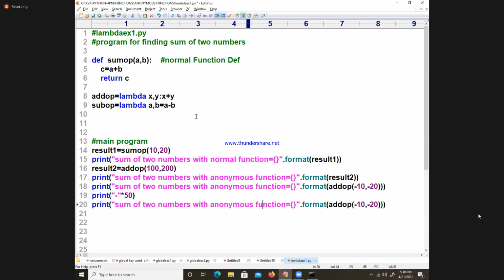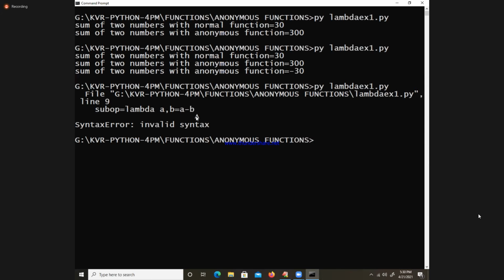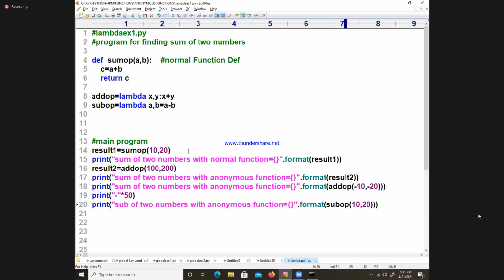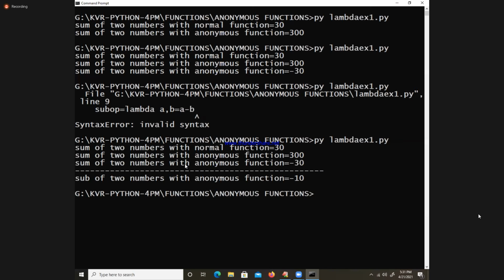Sub of two numbers directly with anonymous functions. What am I writing? sub OP of 10 comma 20. I want the 10 comma 20 sub operation. Automatically the result will come. What happens? Invalid syntax. Okay, it is equal to, I should not write a colon. Yes. Sub of two numbers with anonymous function: minus 10.